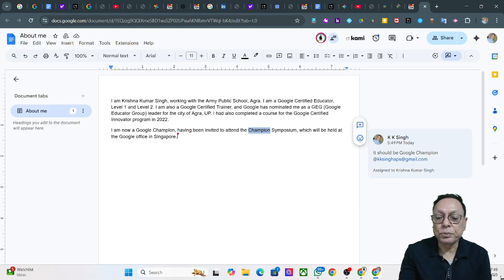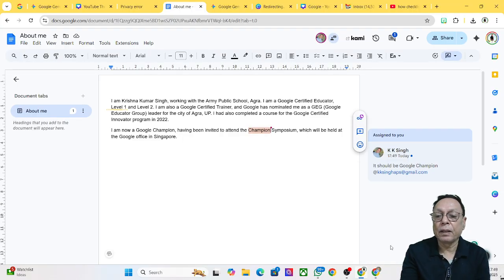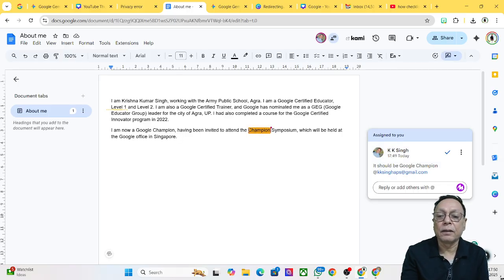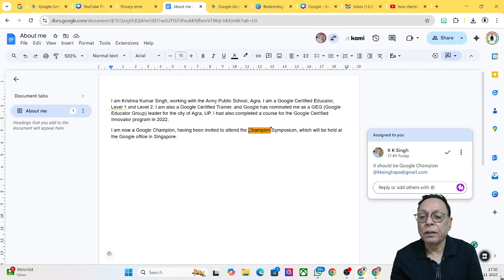Now I'm going to my original document. So this is here, and it is saying it should be Google Champion. So this was the word suggested by the recipient. Now what I'm going to do here, I'll select this, and it should be Google Champion. So I'm writing here